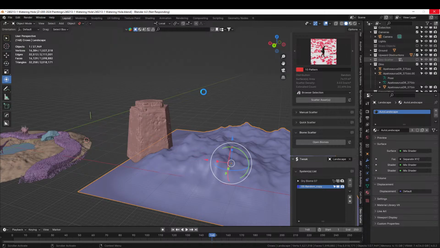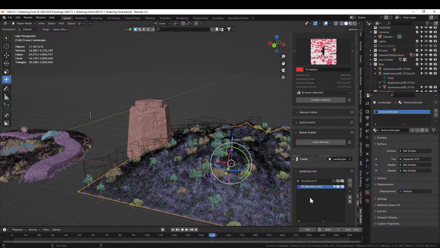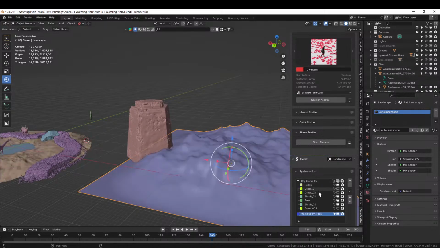So I think for a second. Yeah, that's cool. But I'm going to actually turn it off again for just a sec because I don't need the tiny ones on this. So anything that says is tiny here, we don't need. We're not going to see it. It's too far back. So we just want it for the big things. So we might as well make our life easier. There we go. Now it doesn't have to process them later because we're not going to see tiny grass from 200 meters away. It's not 300, I guess, but